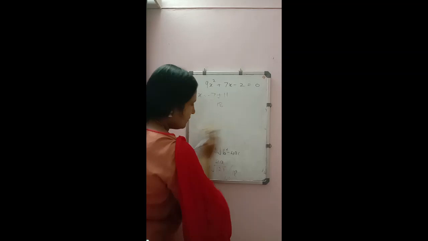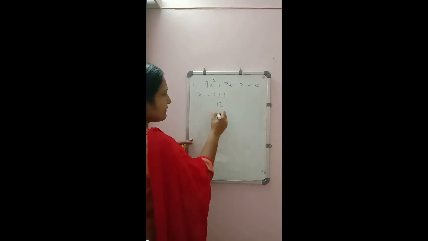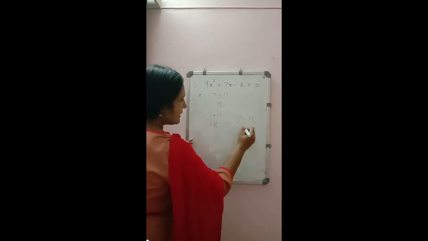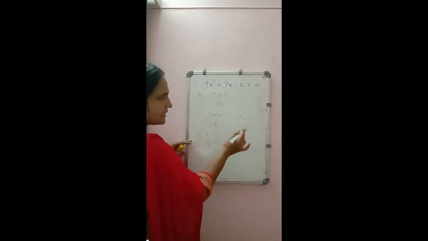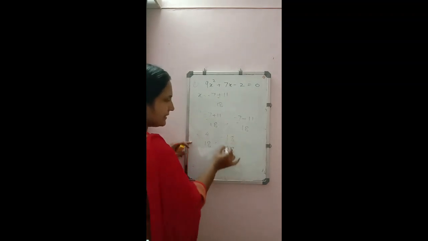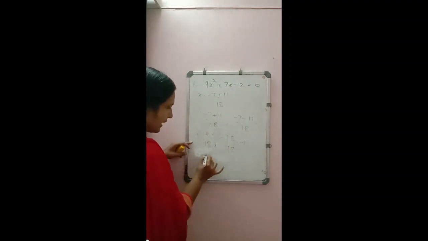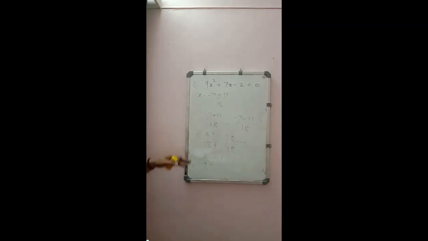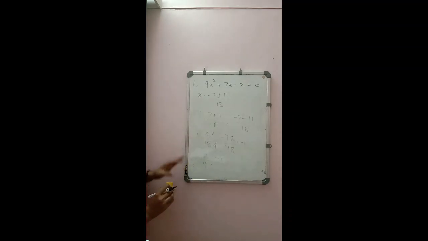So now take two values there. First is positive, second is negative. So the first one will be equal to minus 7 plus 11 by 18, and the second value will be equal to minus 7 minus 11 by 18. So 11 minus 7 will be equal to 4 by 18, and in this case we will get minus 11 minus 7 will be equal to minus 18 by 18. 18 and 18 we can cancel here, and here we can divide it by 2. So we will have two real and distinct roots, that is 2 by 9 and minus 1. So before solving, we can find out the nature by using the value of b square minus 4ac. Hope all have understood this method.